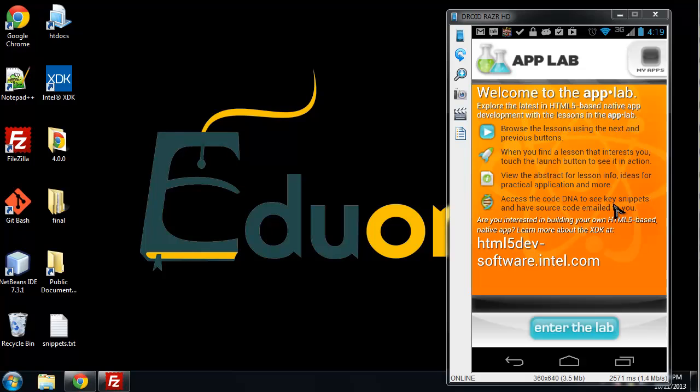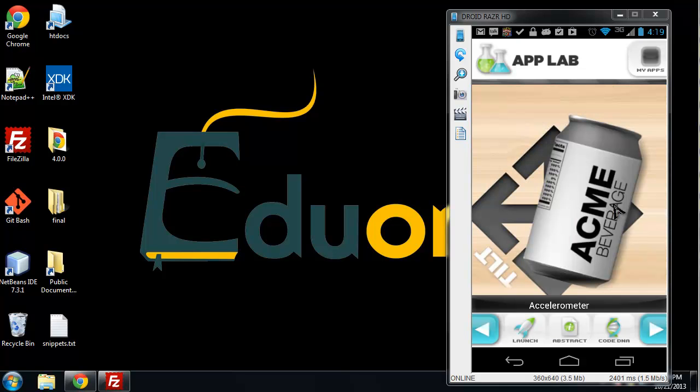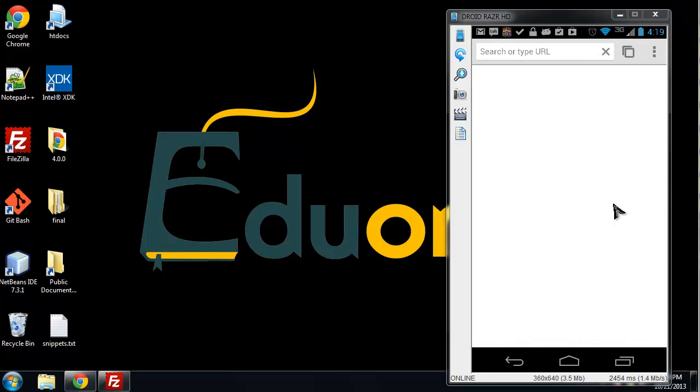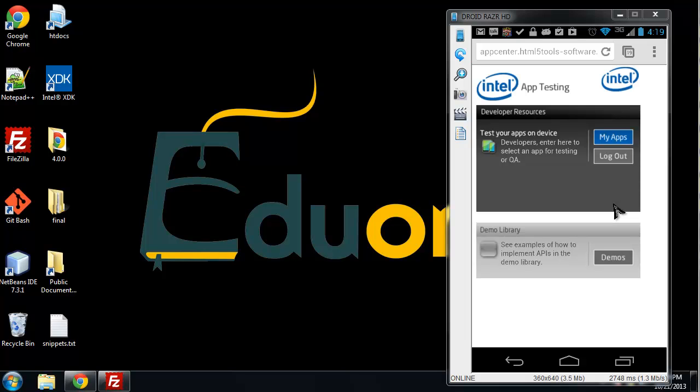So this is the first screen you'll get, and if we click on Enter the App Lab, it takes us to one of the demos, which I believe uses the accelerometer. I'm not even sure how it works. What you want to click on or touch is the My Apps icon up in the top right. And you're going to need your Intel login information to do this. So click on My Apps,